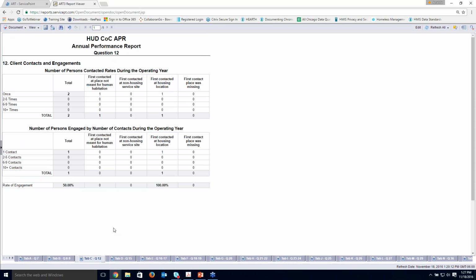This is tab C, where you most likely won't see data appear. This is really for our street outreach programs in particular. So let me know if anyone has questions about this particular tab, but I won't really go into much detail about this because I anticipate for a lot of programs that they're not capturing contacts and engagements. But for tab D,